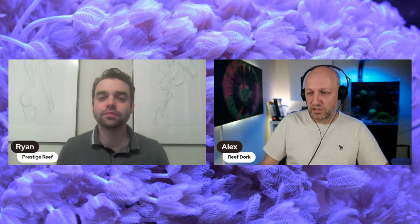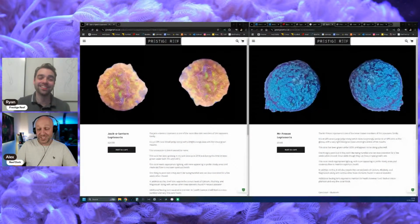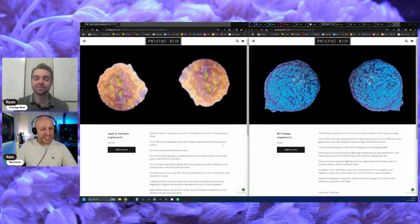This is not for your benefit, but one of the problems with that coral in terms of people buying is it's blue. It's quite a nice colour blue, to be fair, but it's blue. So when you've got your blue lights on, you're not going to see it, it's just going to look black. Yeah. But what looks good next to blue? Orange. True. I reckon if you put that next to a jack-o'-lantern Leptoceras,